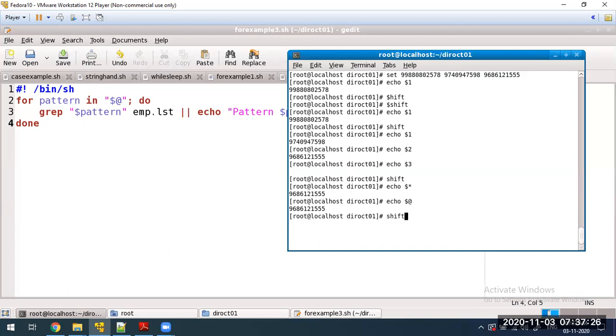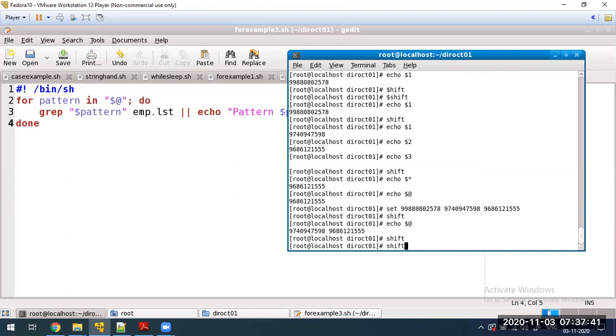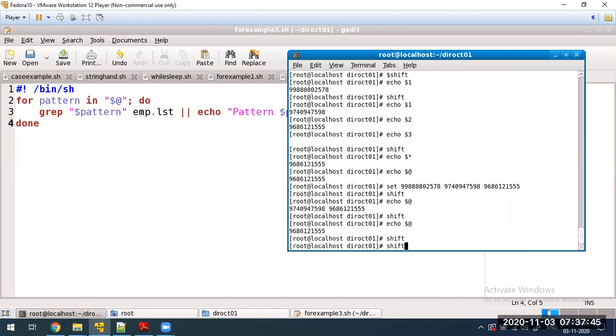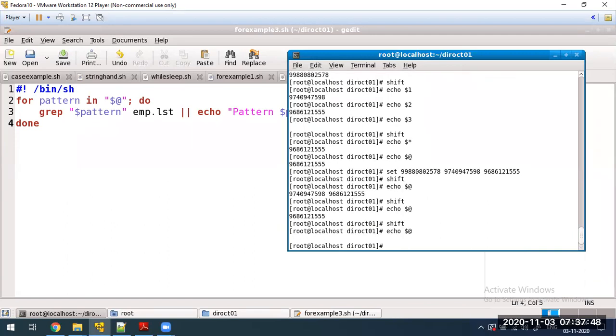The first time when I executed the set statement, there were three values. Then I executed the shift command once, and now you see the content, two values are there. If I execute shift one more time and check, one value. If I execute shift one more time and check $@, it is null.